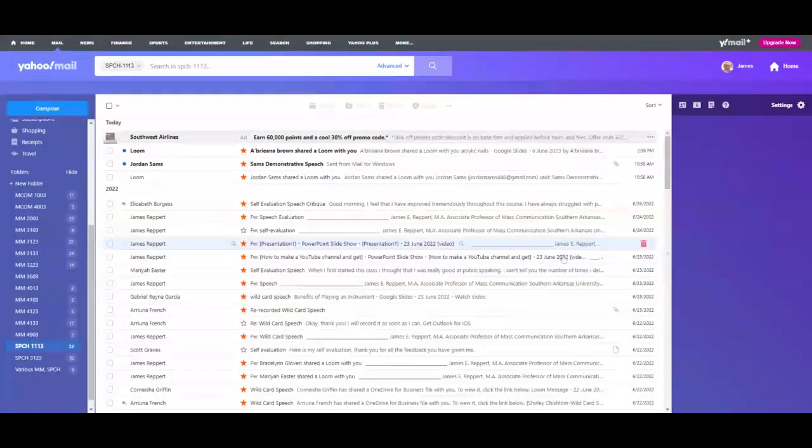So now I have 2 speeches. Here's one. I received 2 different links from the same person. And then this was given to me during class. Remember, the Yahoo account is where I want you to send me the documentation. Keep in mind that when you are at Blackboard, there is so much information that you can access.